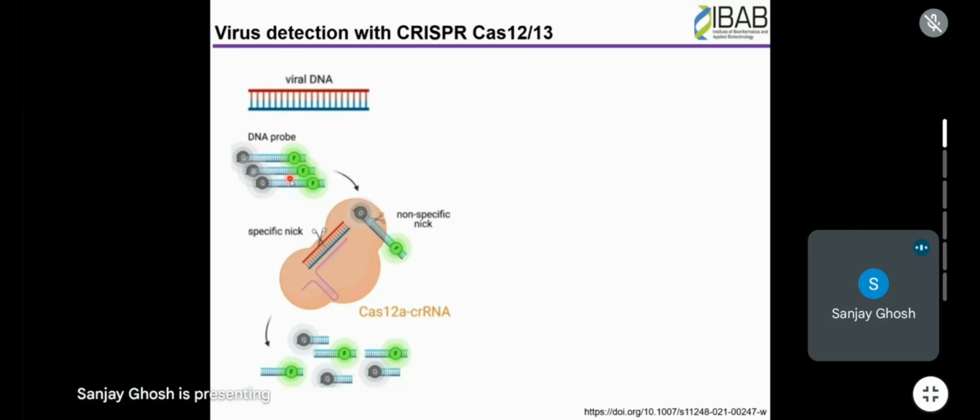And you have soaked this reaction in a tube along with these DNA probes. Normally this DNA probe is dark, but if the Cas has cleaved the virus, and only if it has cleaved the virus, it will start cleaving them also indiscriminately. That will release the quencher from the fluorescent tag, and now you can see fluorescence, right? So this indiscriminate cleaving of DNA has been used to cleave a quencher fluorescent pair to make the